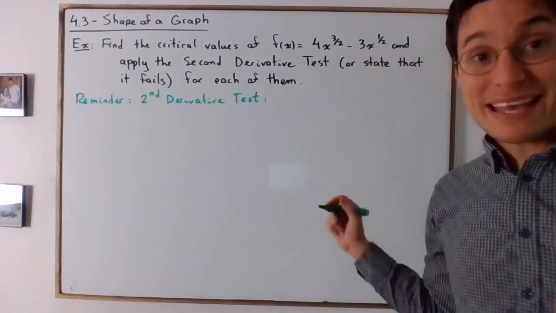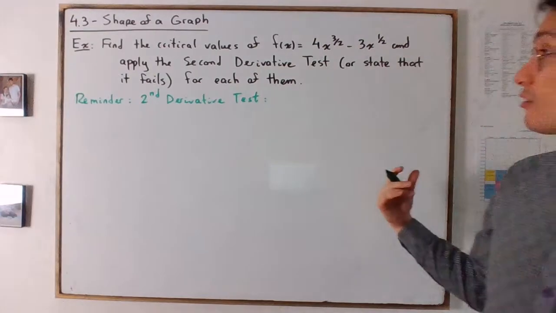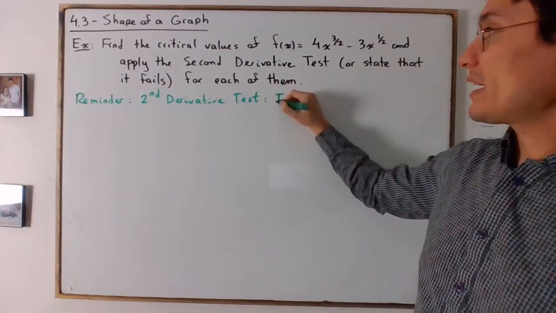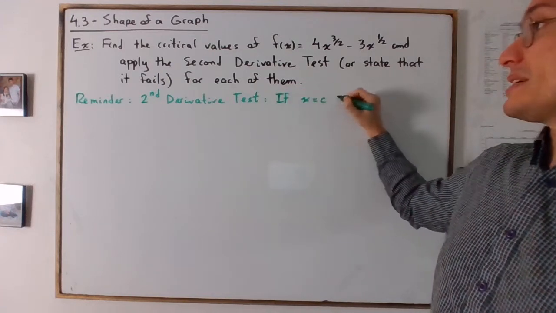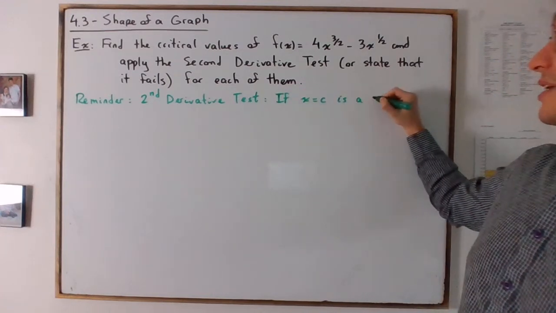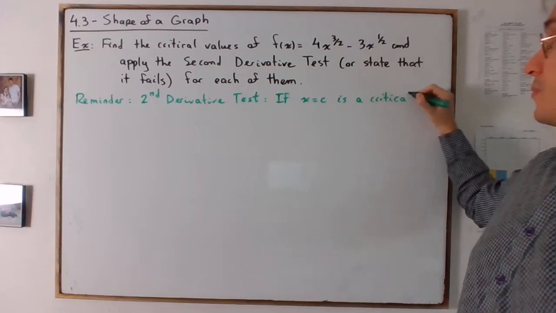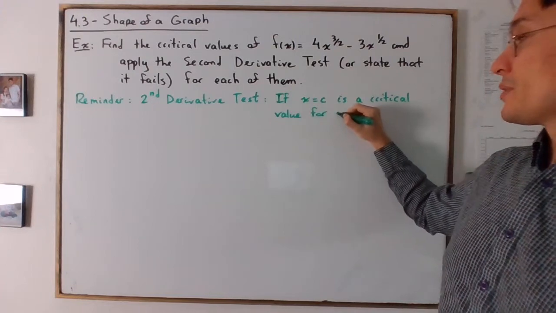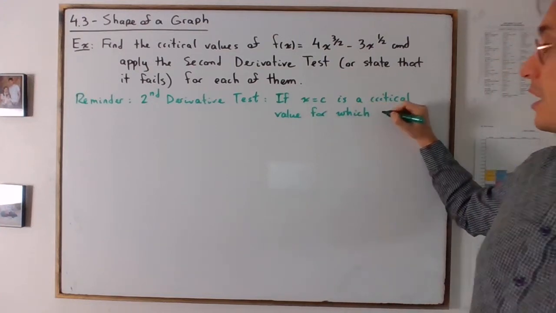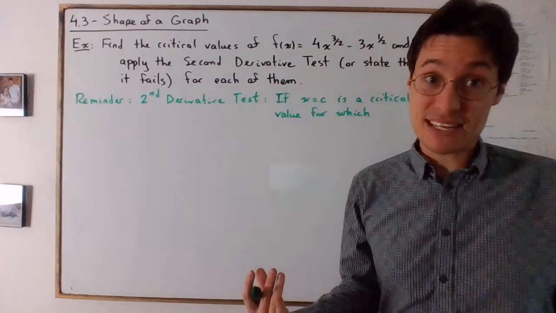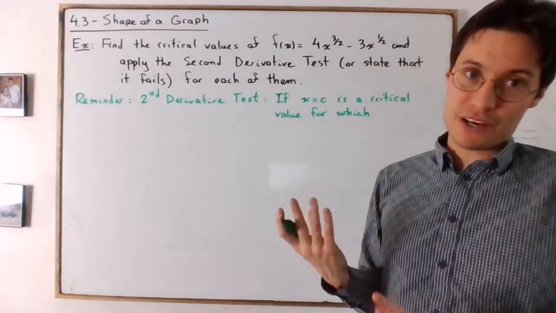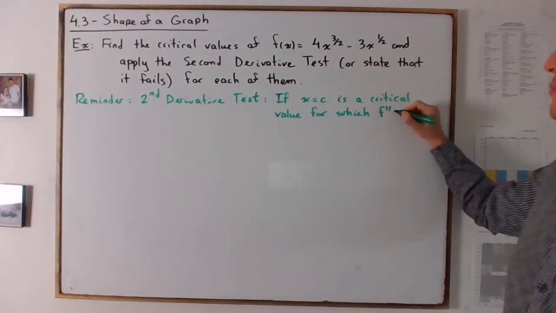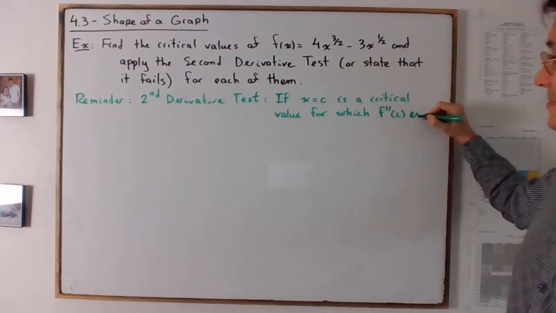If x equals c is a critical value for which the first derivative is equal to 0, so if x equals c is a critical value for which actually the second derivative exists, and that means that the first derivative must exist as well. Okay, so for which f prime prime of c exists,